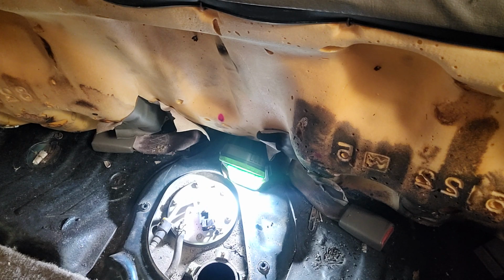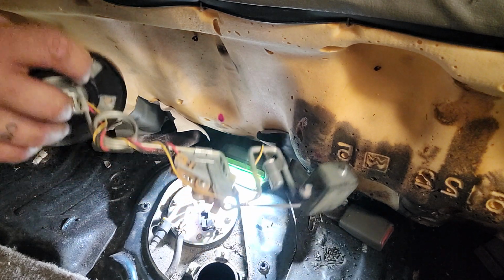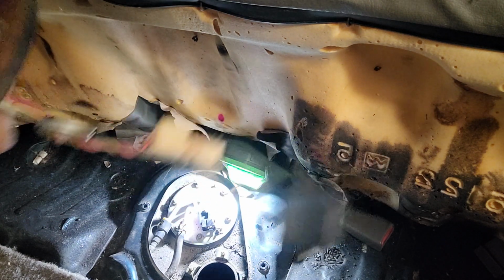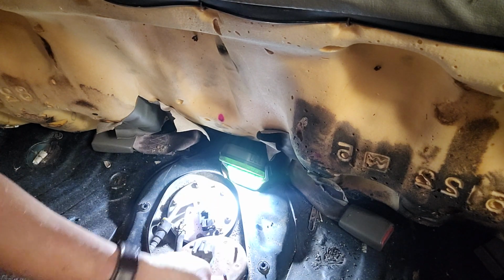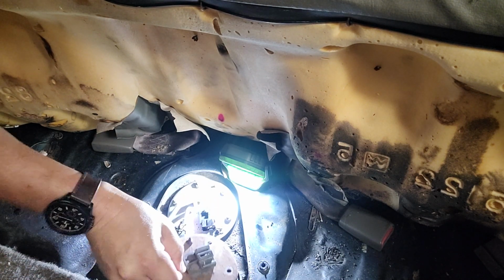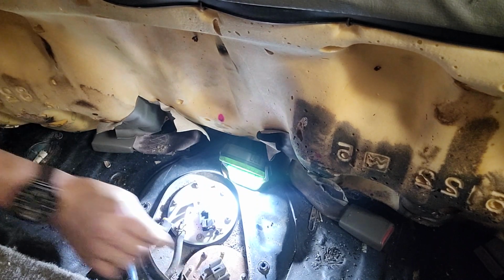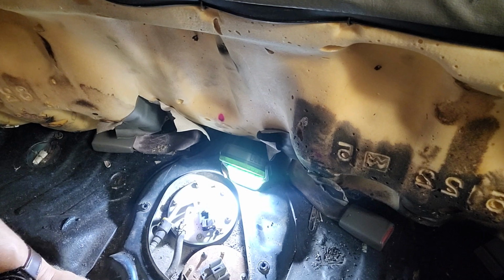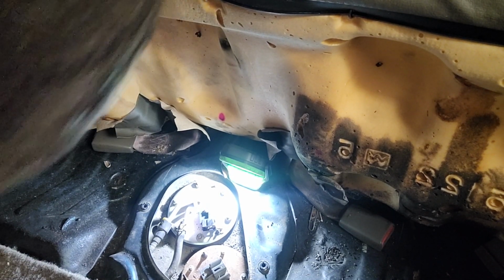Okay, so we are back. Here's our brand newish, slightly pre-owned fuel sending unit. We're just going to drop her in the hole, like so. Get in there. Don't give me any lip. Alright. Okay. What did I do